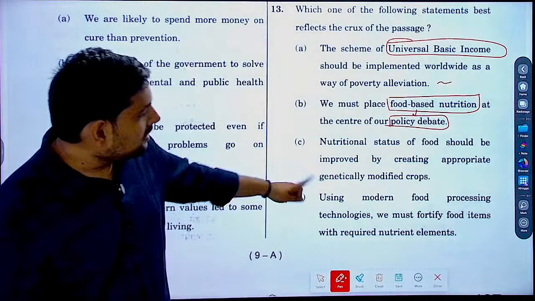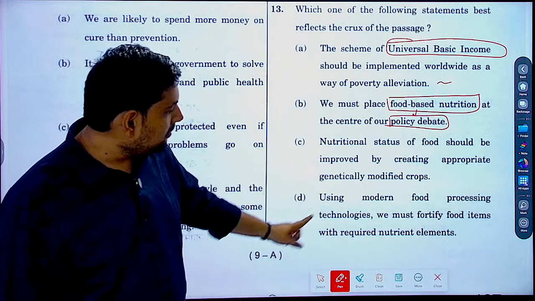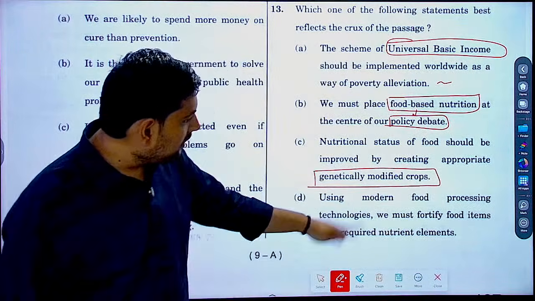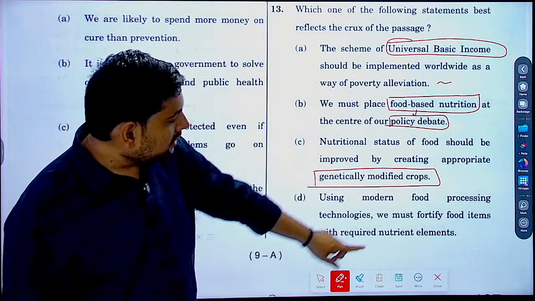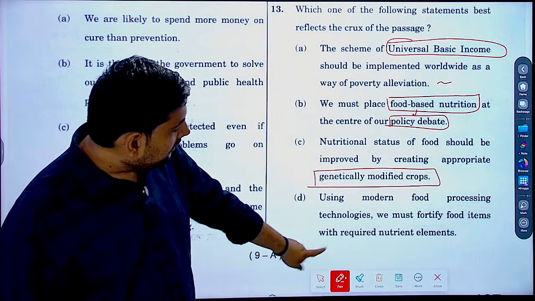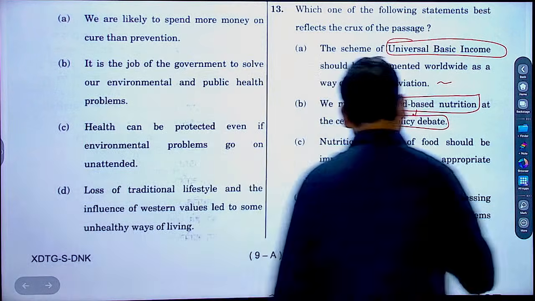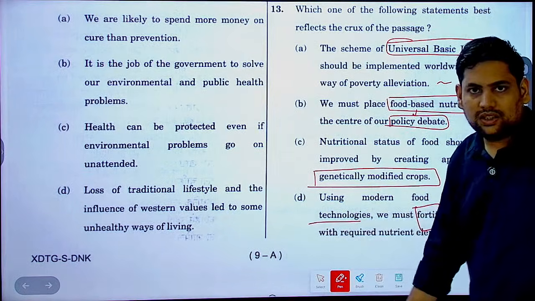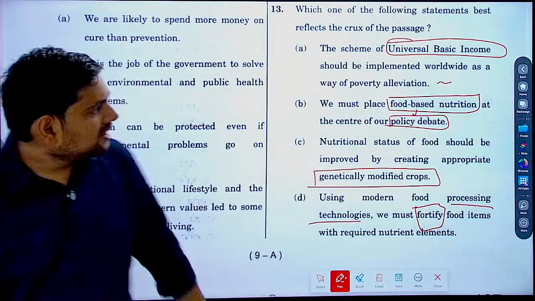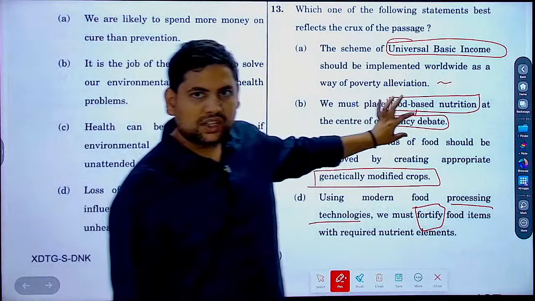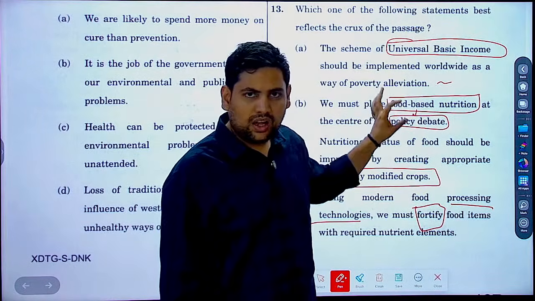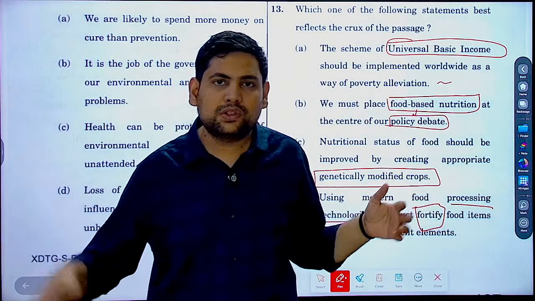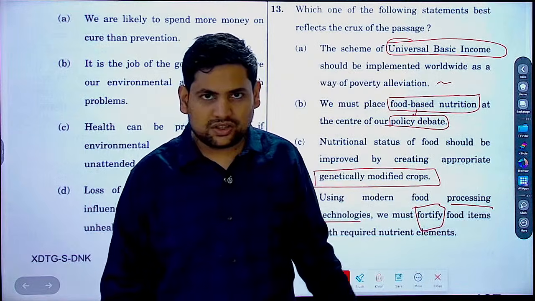Then nutritional status of food should be improved by creating appropriate, or it is about genetically modified crops. Using modern food processing technologies, we must fortify food items with required nutrient elements. So either it is about fortification, which is an example of processing technology. Now, if you read the passage, you will find it very clearly that it is talking about how India is producing a very large quantity of food, but it is not able to reach the people, or we